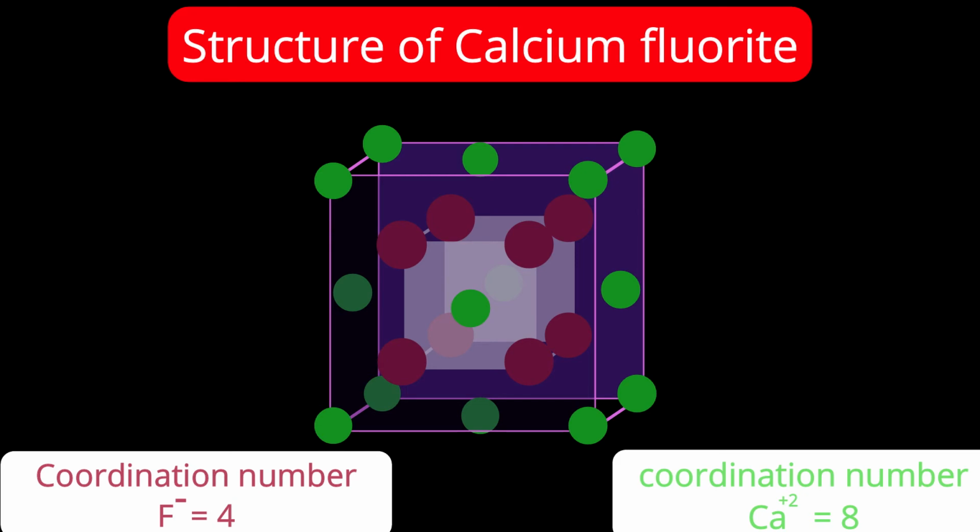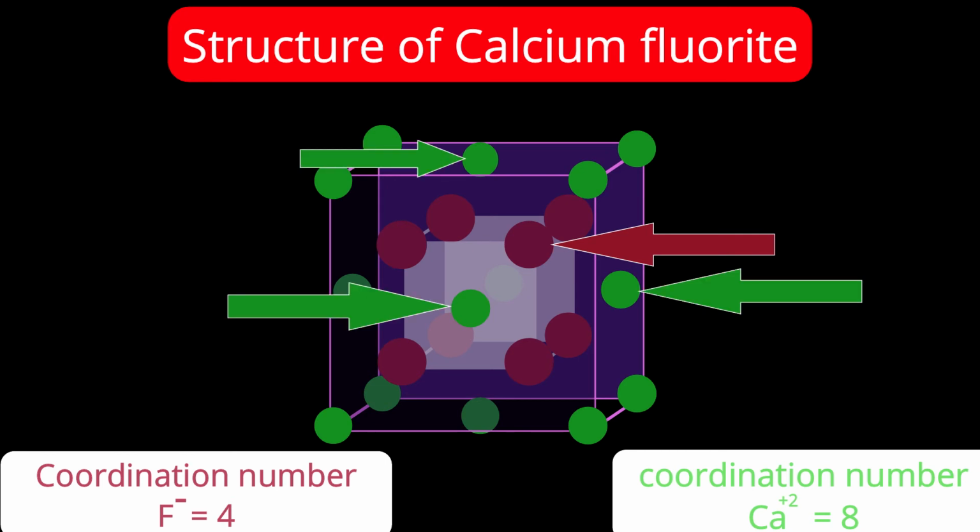As we have discussed in the zinc blende structure, corners of the inner cube are the tetrahedral voids, meaning those are surrounded by 4 other kinds of ions. Let me make this concept clear. Consider any cornered F minus ion. Nearest to it, you will find 3 calciums which are at the centers of faces and 1 calcium which is at the corner.